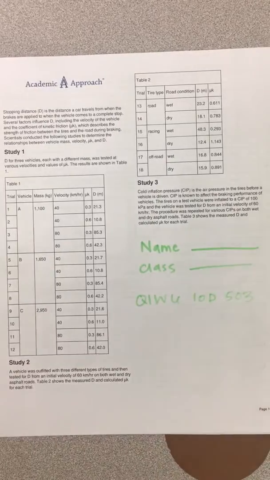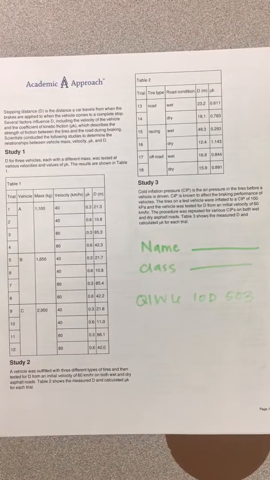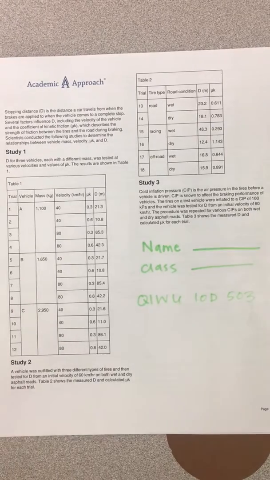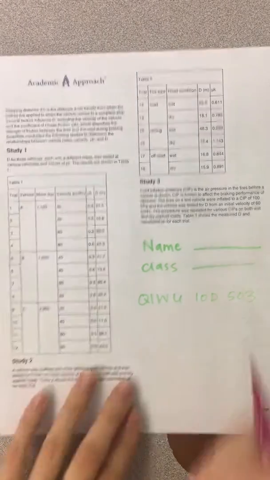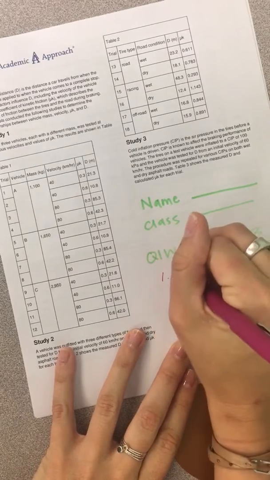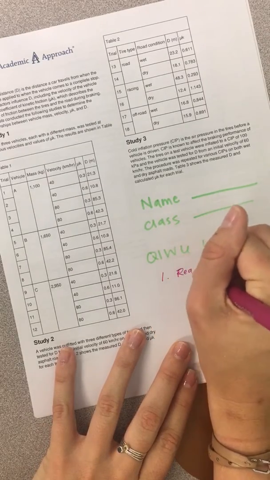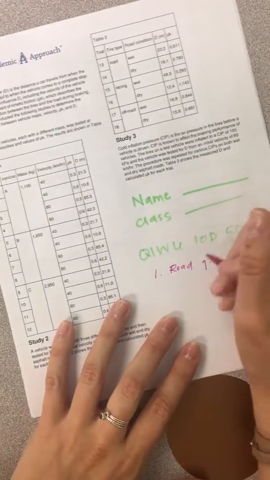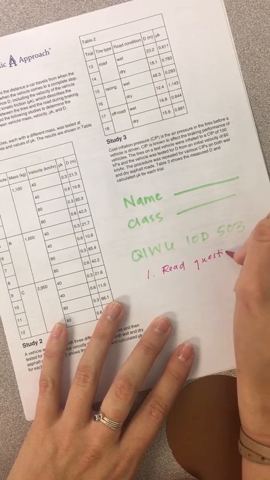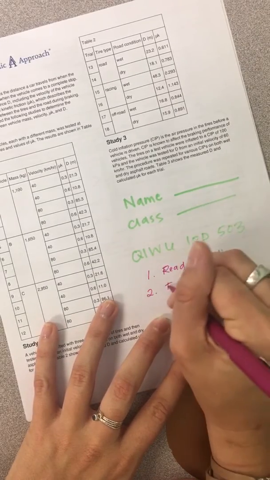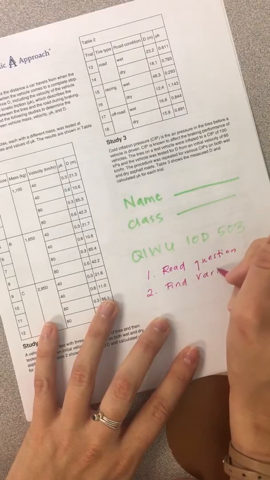So the standard for the week is IOD 503, and that is about determining trends. So we're going to look at that. So the first one, right, is you read the question. Always, you read the question, okay? And then you find the variables that it's talking about